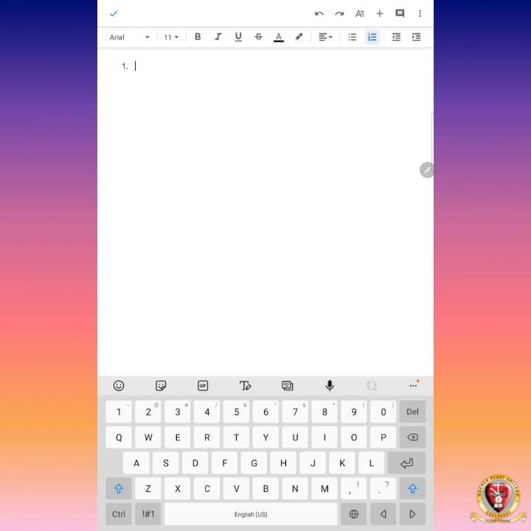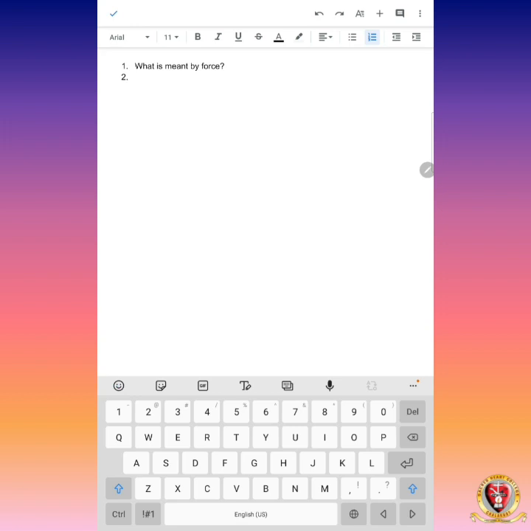I just took the numbering format, and I am typing: what is force. We can type this easily, and there are several options. All options available in Word are also available in Google Docs. You can change the font, font size, bold, italics, underline, alignments, numbering, etc. All things we can do here.